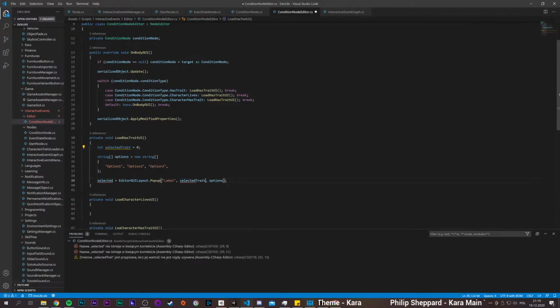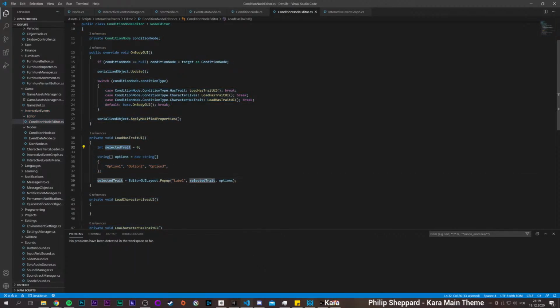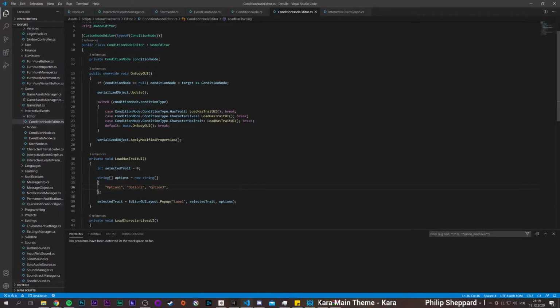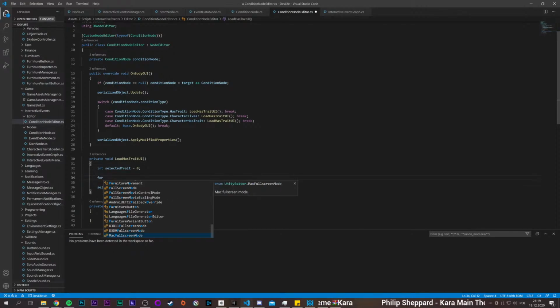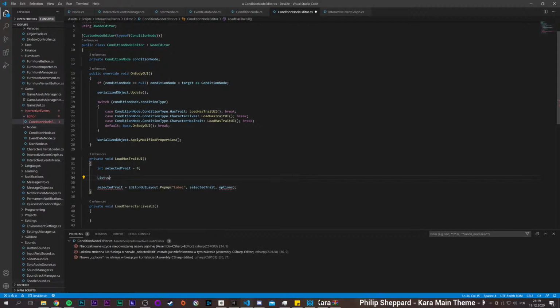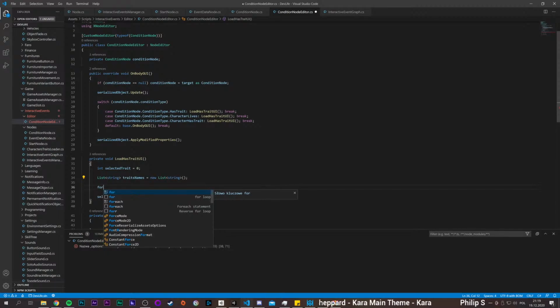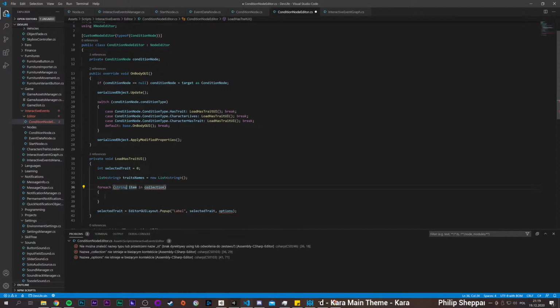That can even be the selected trait ID, but okay. Let's leave it like that. Options. And can I get this from a list? Hope so. But anyway, we need to add all of the traits to this list. So yeah, let's do it. Let's first make a list of type string, trait names equals new list of string, and for each we will get string employee trait